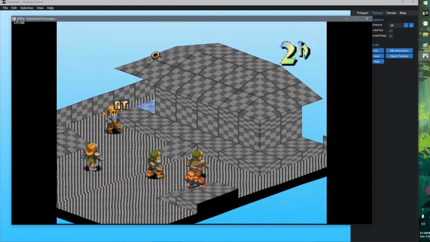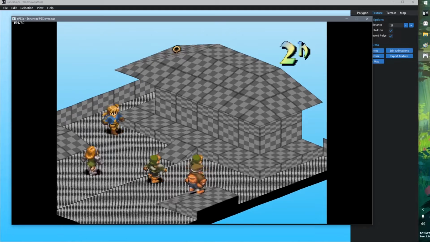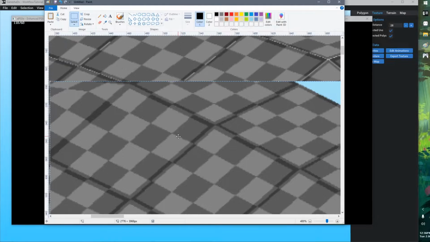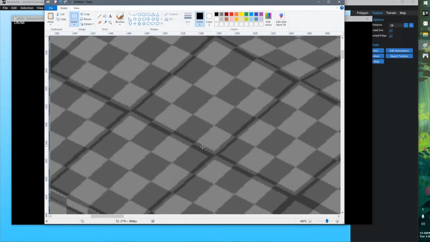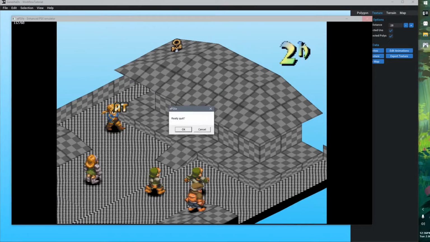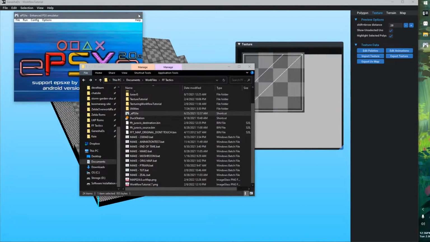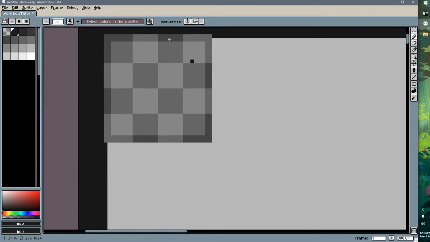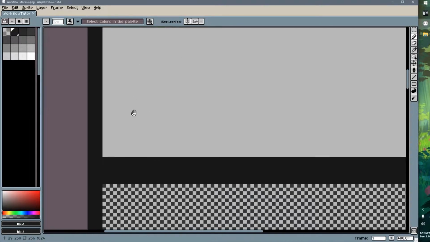Okay, now when we look at this, we can see that those crazy pixels are not there anymore, and we can zoom in on this, and it's exactly like we want it to look because we added that buffer. So let's go back to what we're doing. We added the buffer here, and when we go down here